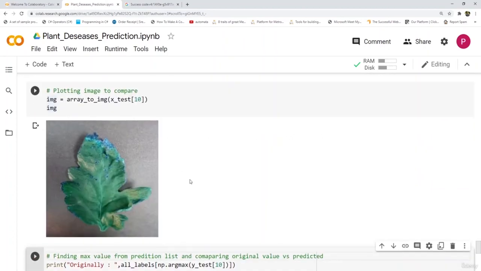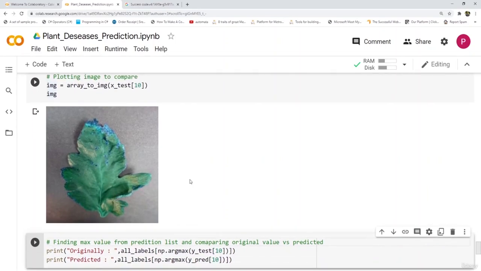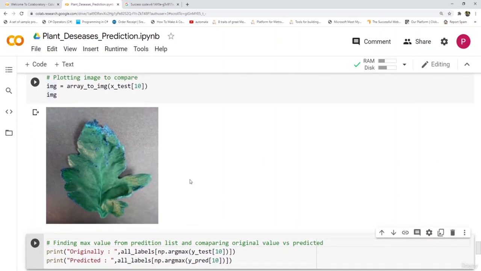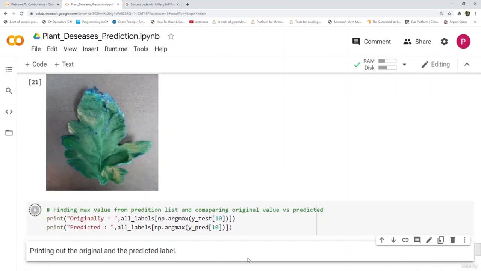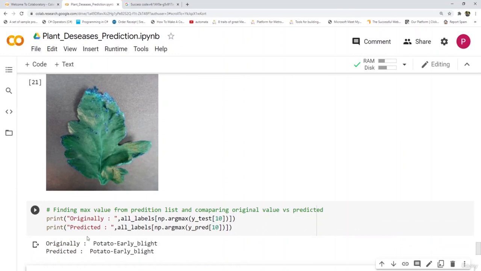This is the image which we have taken. Now we'll print out the prediction for this, which means that we'll print out the original label for this image and also the predicted label for this image. So now let's run the cell and see how our model is performing. As you can see here, the original label for this image was potato early blight, and the predicted is also potato early blight, which means that our model is accurate.